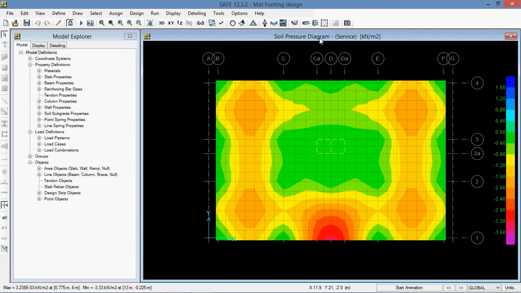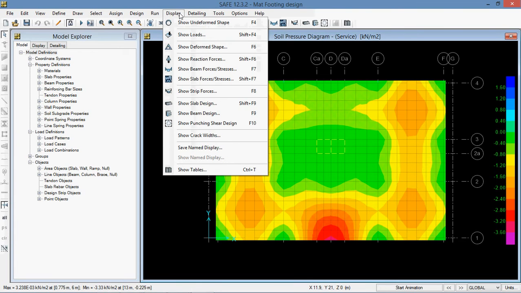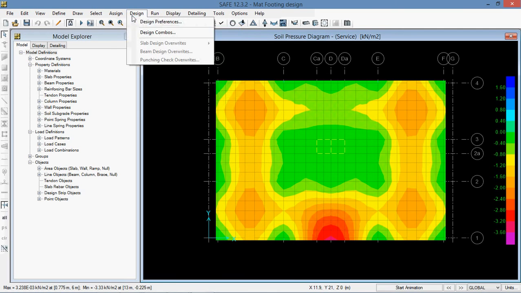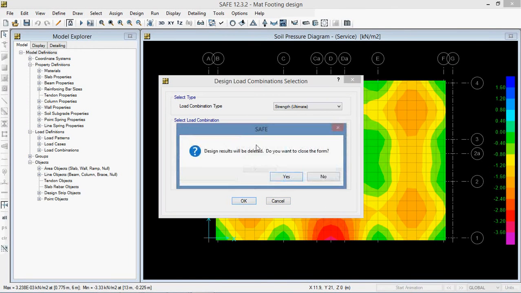Okay, if you want to check uplift, yes, of course you can check, but before that I want to talk about some other things like punching shear. Now if you run the design and design combination, all these design combinations are there, okay,